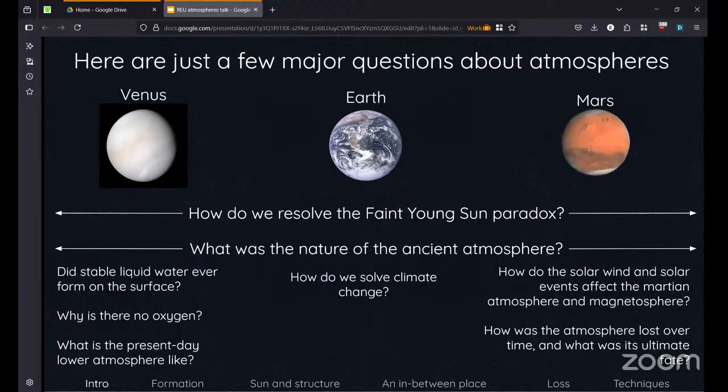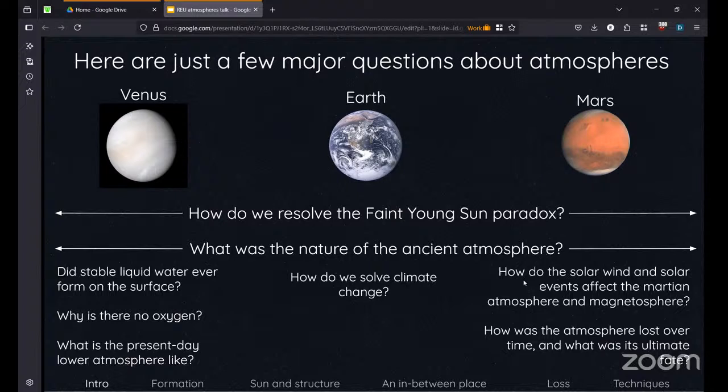And yet, on early Mars, we know that liquid water was running over the surface. We think it may have been present on Venus as well, and it was definitely present on Earth. But all these planets would have been colder if the sun was dimmer. So what's the resolution there? That's an open area of inquiry.